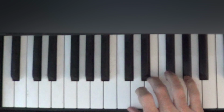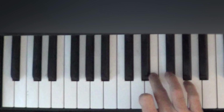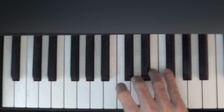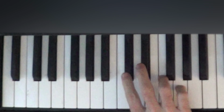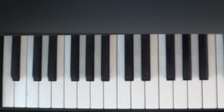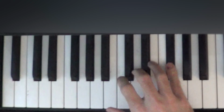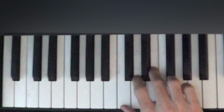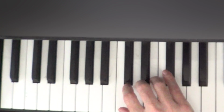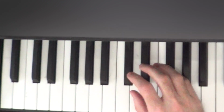And then from here, we're going to use finger 3 on the E, finger 1 on the C, and finger 3 back to the E. Okay, again. And then we repeat B, C sharp, D, E, F sharp. Okay, so that second time we have B, C sharp, D, E, F sharp, and then we switch to our